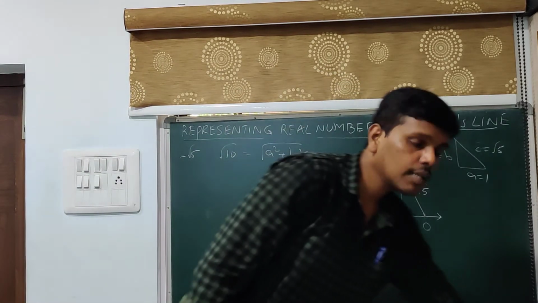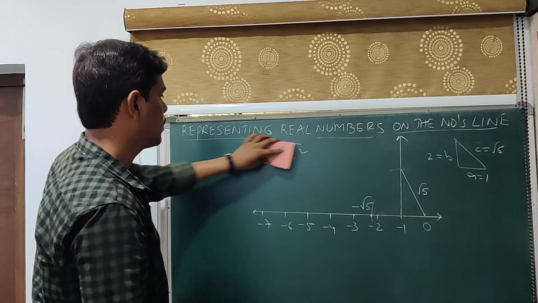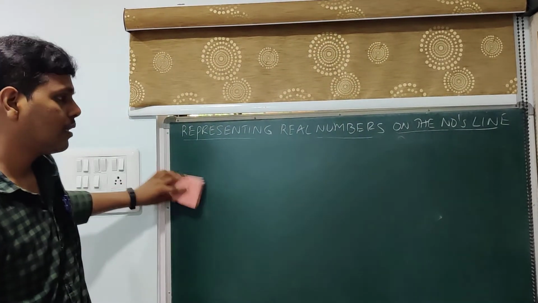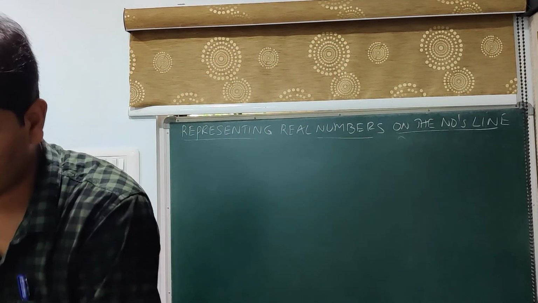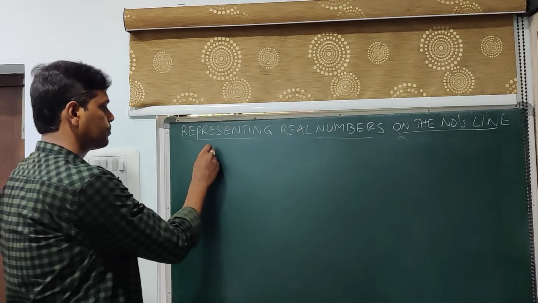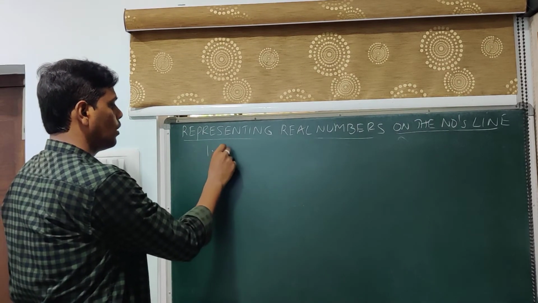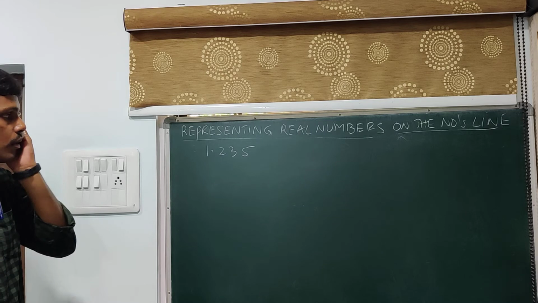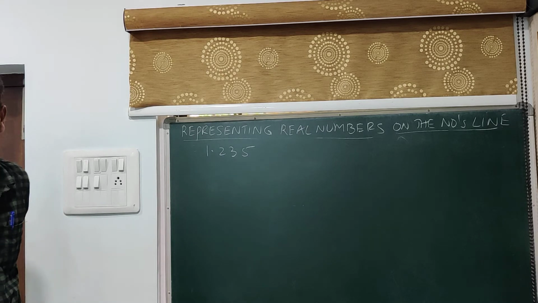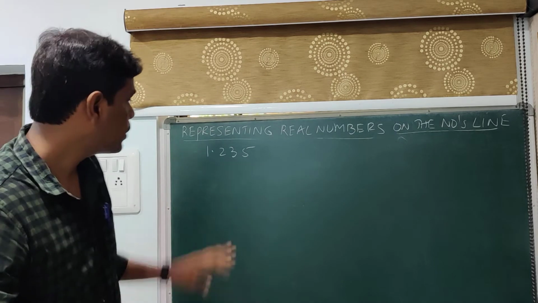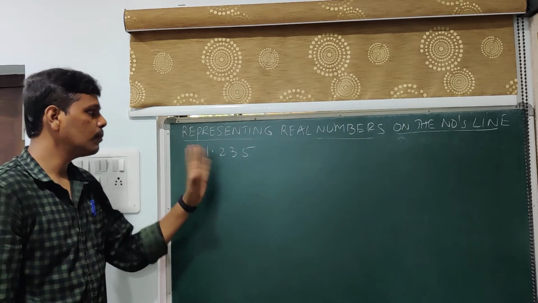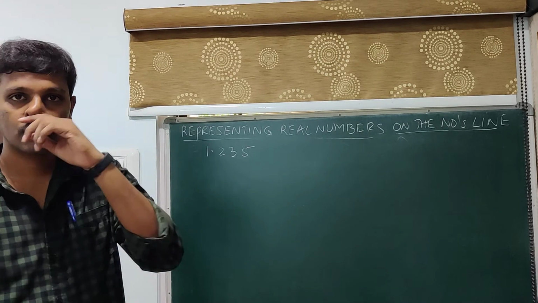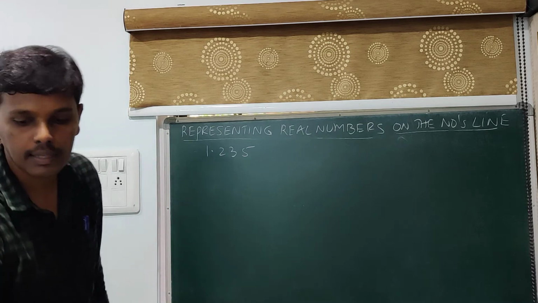Okay. Now we go with the other case, as I have told you at the outset, where we will be representing rational numbers on the number line which are in either terminating or non-terminating repeating forms. Suppose you have 1.235. Suppose you need to mark 1.235. That is the aim of the problem. So first you have to understand in between which two numbers 1.235 lies. 1.235 lies between 1 and 2. So mark that first.